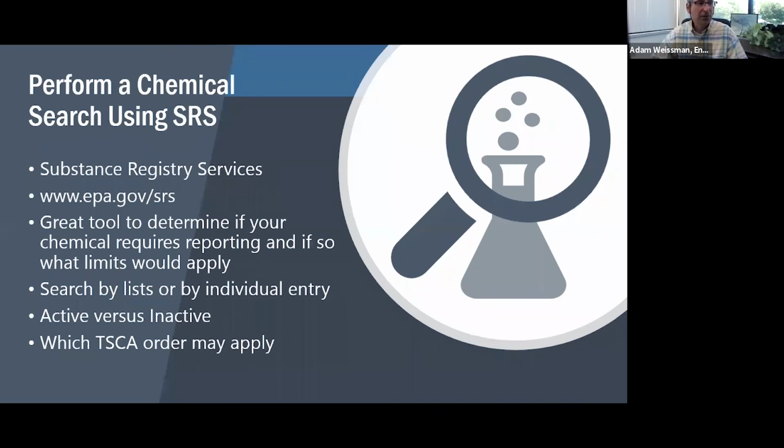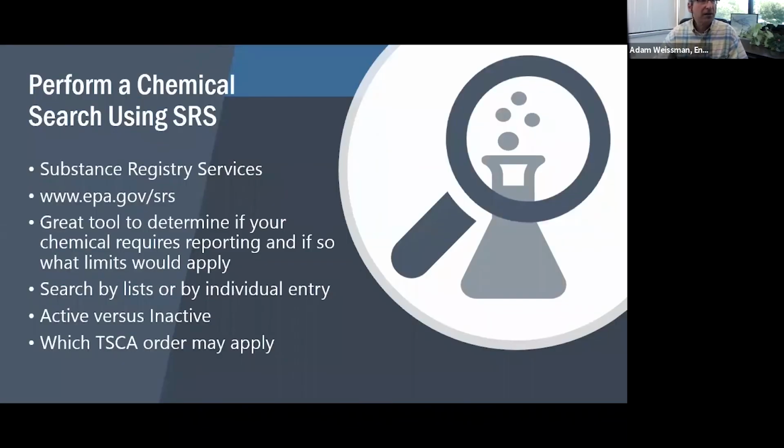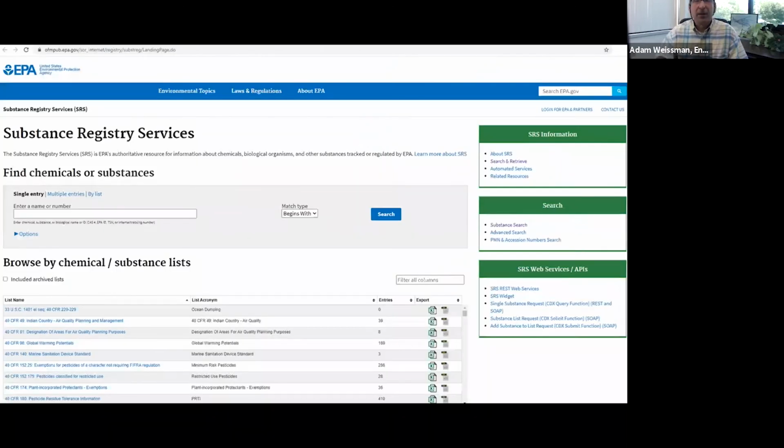And I'm going to share with you a screenshot. Here's the screenshot of what happens when you go on the site. You can search by list, as I say, you can search by single entry, and the bottom section there, when you scroll down, there's a TSCA section, and it'll show you all the lists.